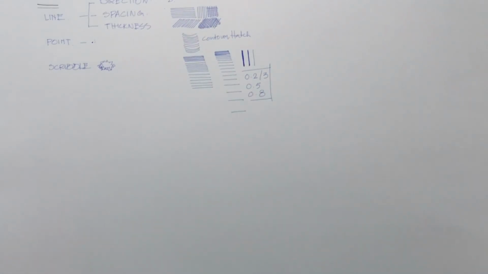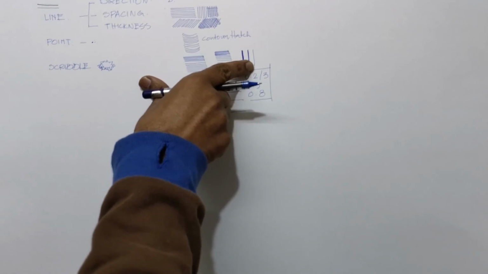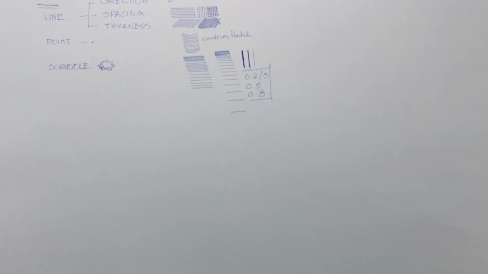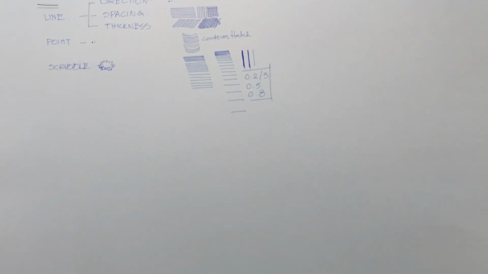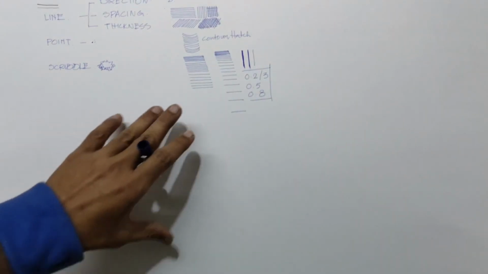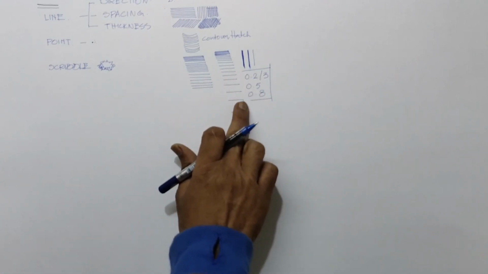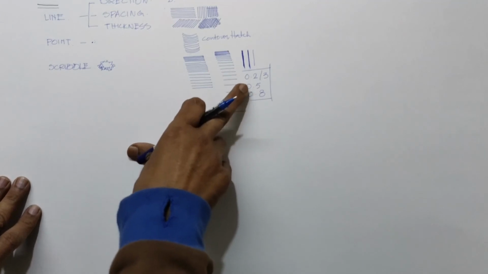So for very fine minute details, we use this, and this is very time consuming hatch, but great detailing is achieved by using 0.2 or 0.3. Time consuming, but definitely you will like it. The ultimate output looks very excellent and real-like. So these are the 3 pens I would suggest. Initially you could buy 0.2, 0.5 and 0.8.